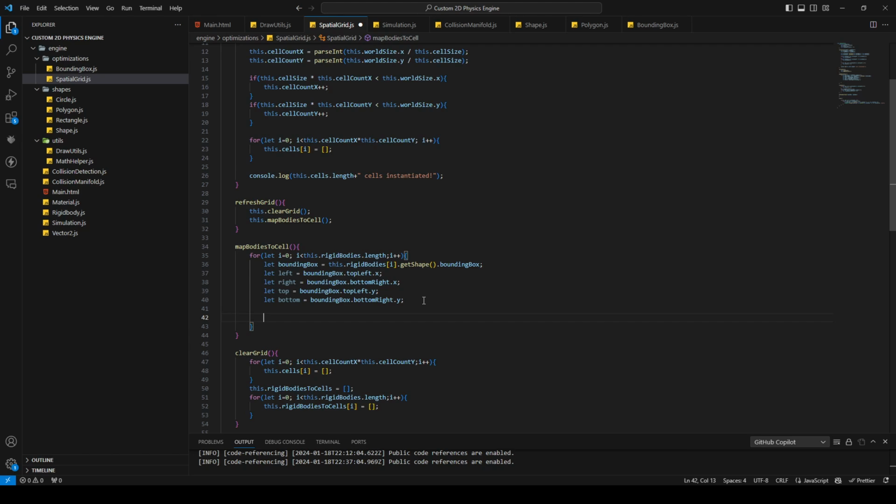And nowhere else. Well, I mean, in that canvas we defined, in the world size. World size is our canvas size, basically. Okay, so the cell index. The left cell index